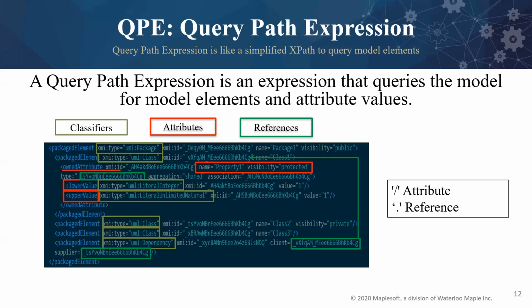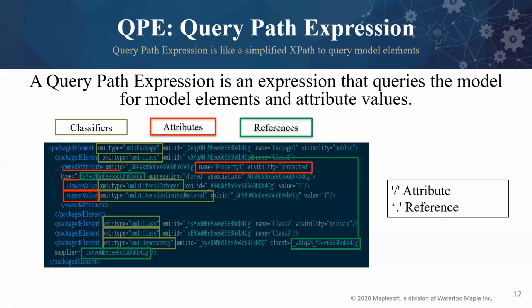For example, take a dependency. A dependency is going to have a source and a target. The dependency does not own the source or the target. It just has a pointer that points to a different element that you will be able to find from the client and the supplier, that's the source or the target. And these are the references.